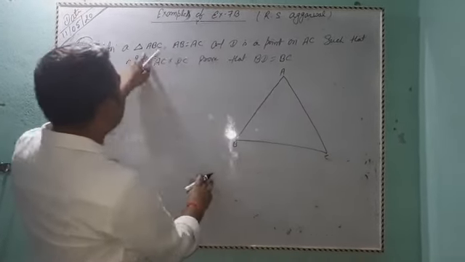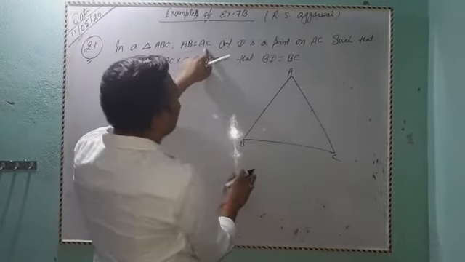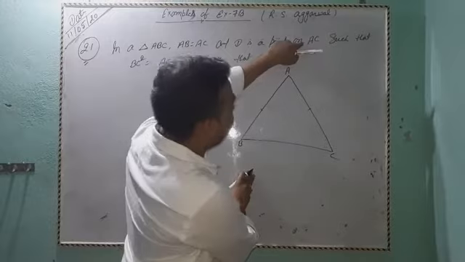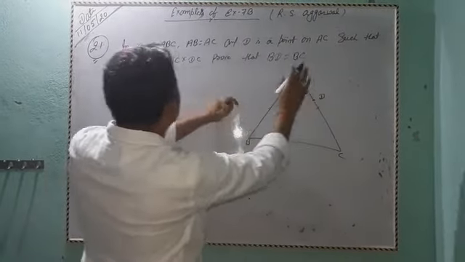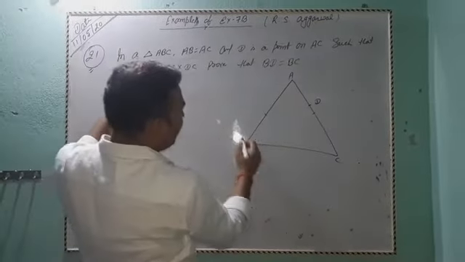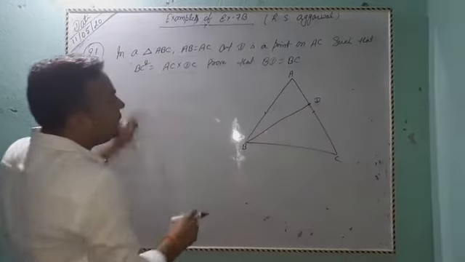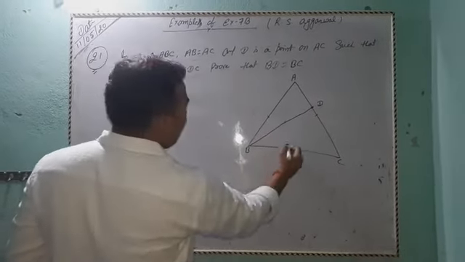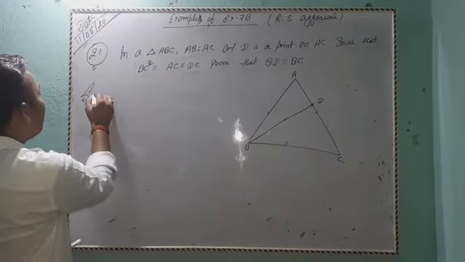In triangle ABC, AB equals AC, and D is a point on AC such that BC square equals AC into DC. Join BD, prove that BD equals BC. Solution: